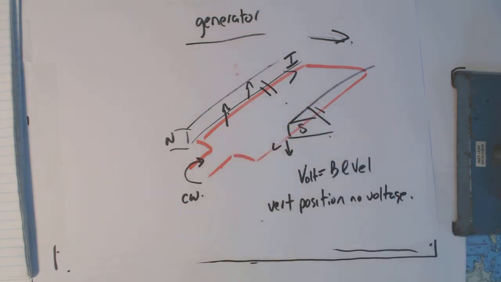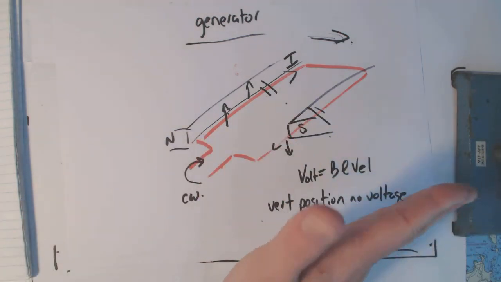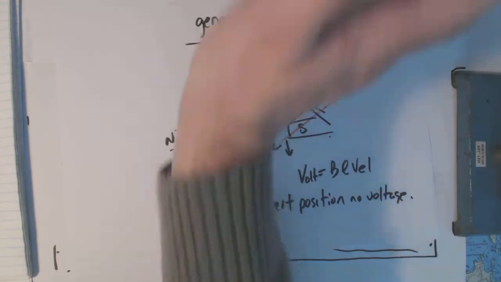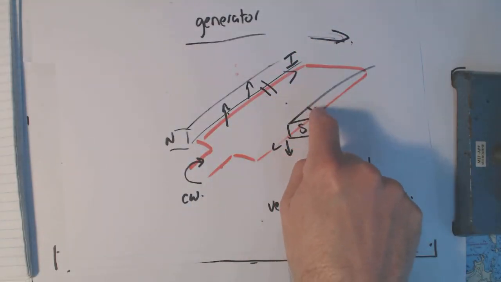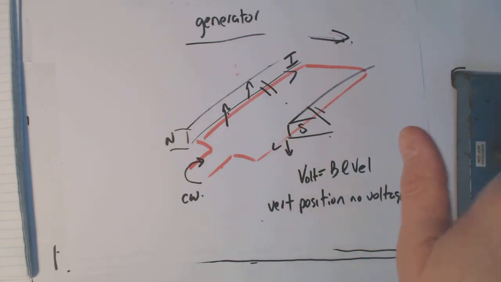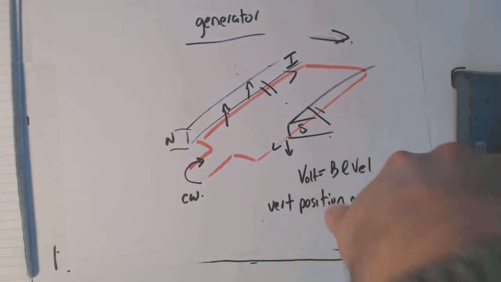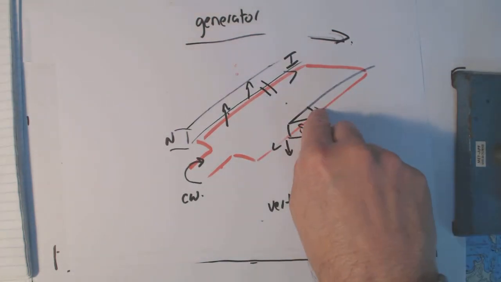Don't forget the hand rules: right hand, direction of the field, direction of the movement. Your palm gives you the positive. So again, when we were on this side, on this one, north to south, down, down is that way, the thumb is the direction down, and the palm gives you the positive, so the positive